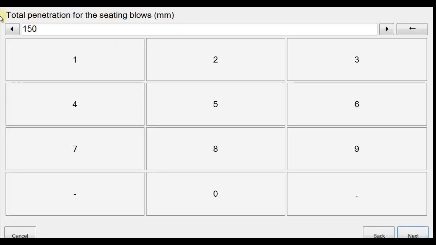It's now going to ask the question, the total penetration of the seating blows. Under normal circumstances, again the 275s will give us a penetration of 150, so we've defaulted that in for you, but again you can edit that to make it correct. Rest of the blows are a 5, a 6, a 6, and a 7,